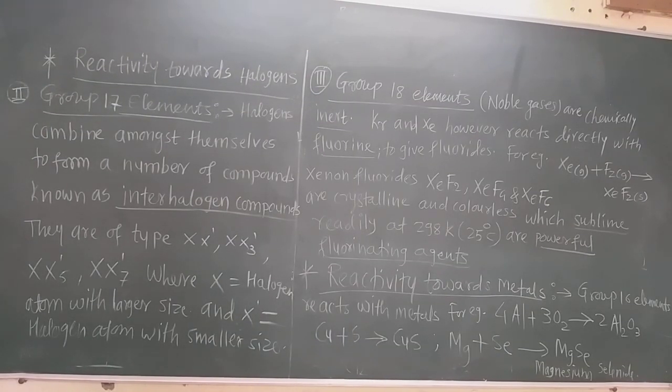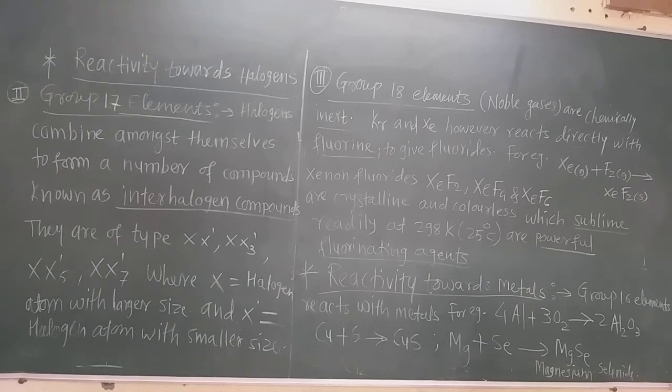Now we are learning the reactivity of the group 16, 17 and 18 elements towards the halogens. Group 17 elements are halogens, and they react with halogens and form interhalogen compounds. Interhalogen compounds means compounds of halogens amongst themselves. That means halogens combine among themselves to form a number of interhalogen compounds of the type XX', XX3', XX5', XX7',